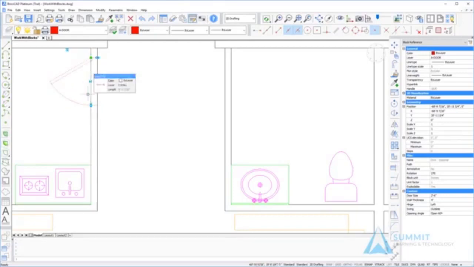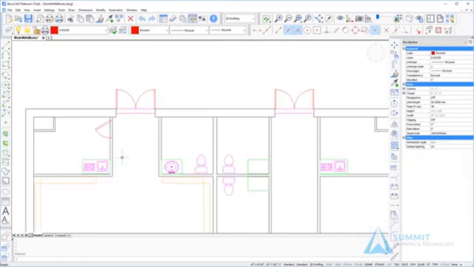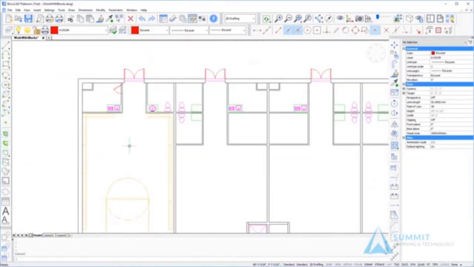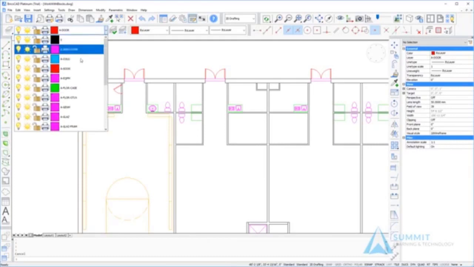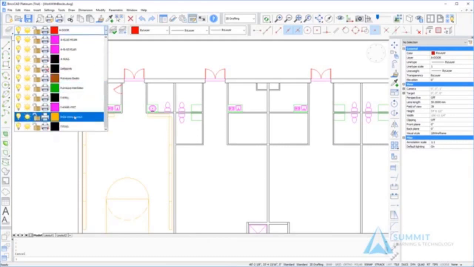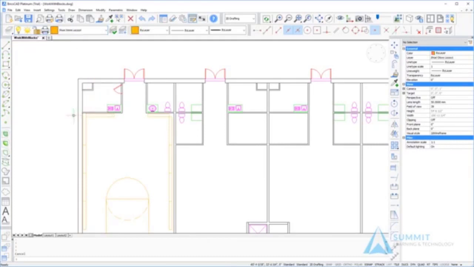Okay, next we'll take a look at how we can utilize external drawing files as blocks in our drawings. So the first thing that we're going to do is change our current layer and make that the shoe store layout layer. And then we're going to open a file. This file will be located along with the other data sets you would have installed at the beginning of this course. And we're going to select the file